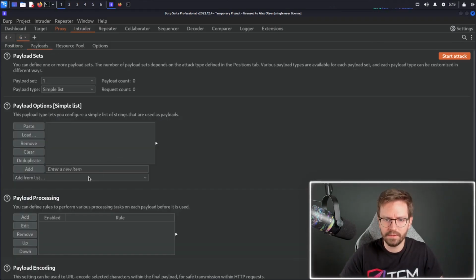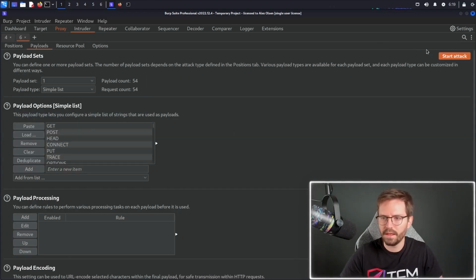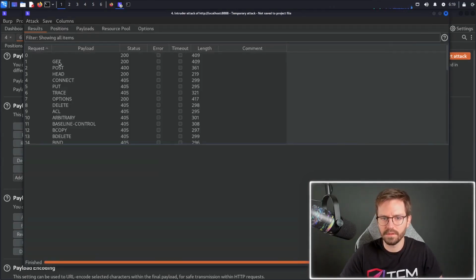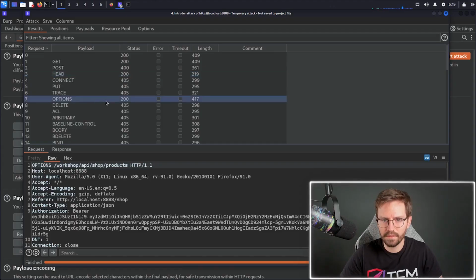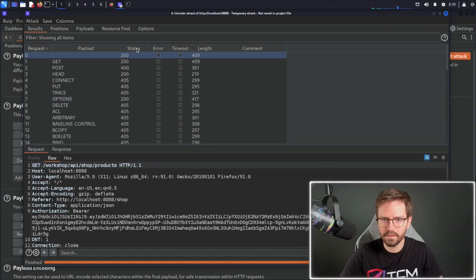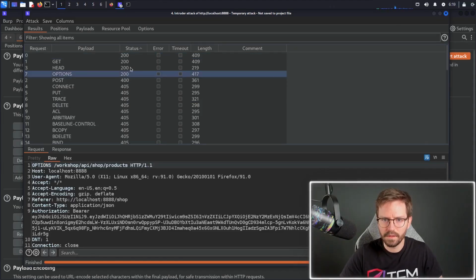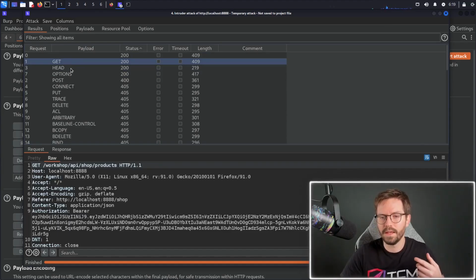and then come to payloads, and I think in Burp Suite there is an HTTP verbs list. Yes, there it is. And then we can just hit start. So it's going to get, post, head, connect, etc. And as you can see, we get a 200 response on things like get, head, options. Can't see any others. So these are the request types that we should be analyzing or targeting in our pen test or in our